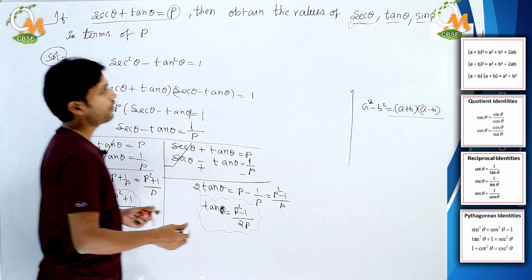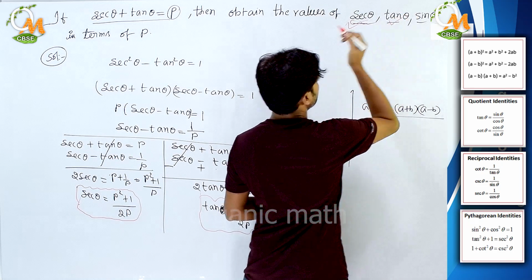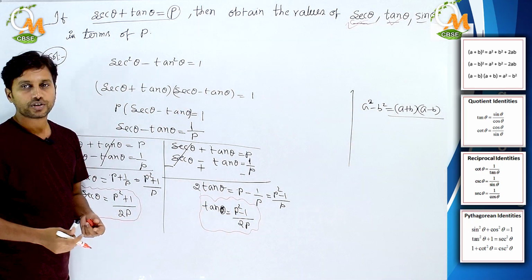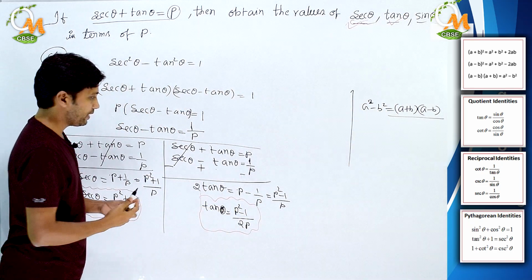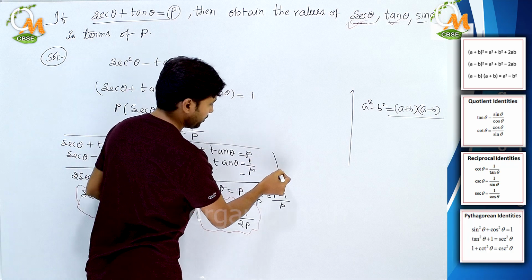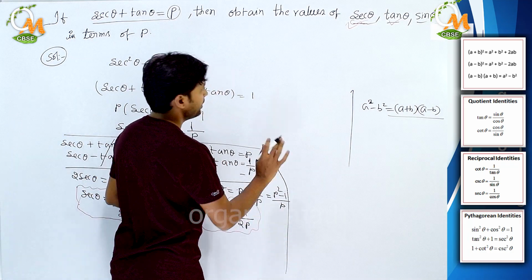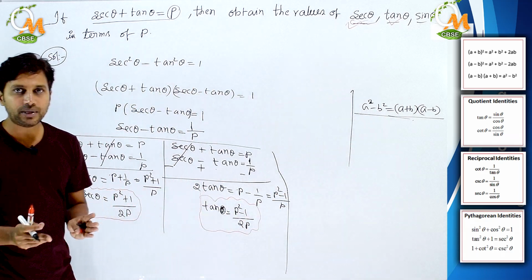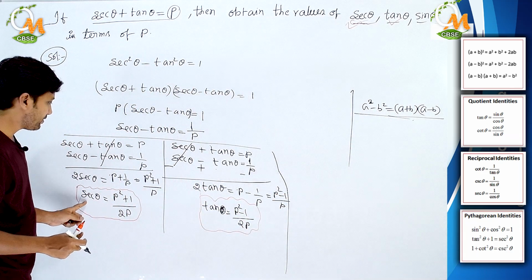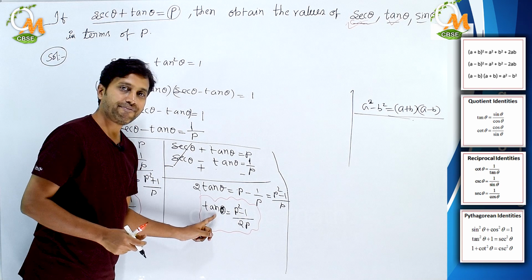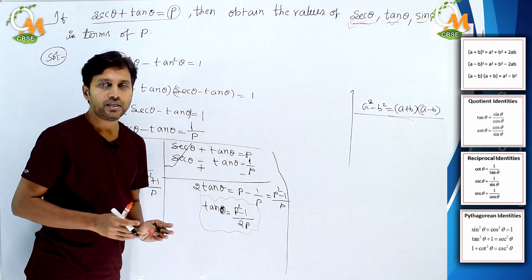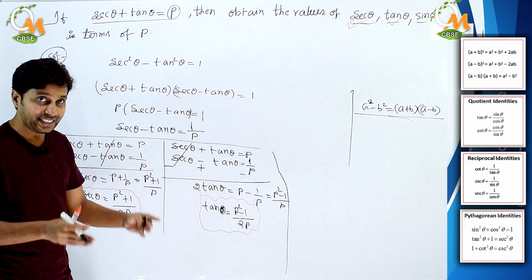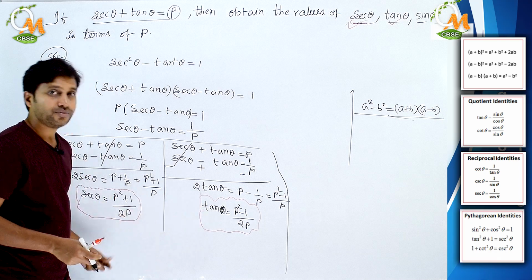Okay, so did we obtain our second condition also or not? Yes. So we obtained the value of tan theta also. So the second value also we obtained. Now what is left over? Only the third one, which is sin theta. So here, what are the available resources? Here we have secant theta and here we have tan theta, both of them. So if you want to find sin theta, can we use these two?